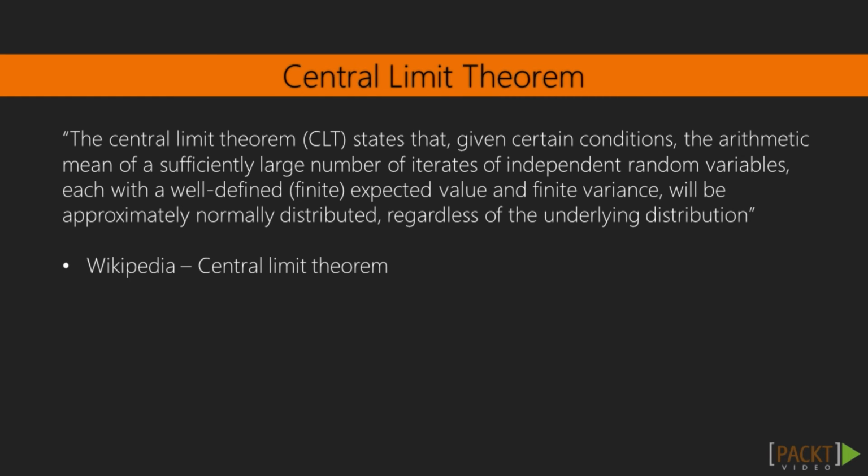So here is the definition of the central limit theorem. The central limit theorem states that, given certain conditions, the arithmetic mean of a sufficiently large number of iterates of independent random variables, each with a well-defined finite expected value and variance, will be approximately normally distributed, regardless of the underlying distribution. Now I realize that's a mouthful, but let's see if I can convert this definition into some plain